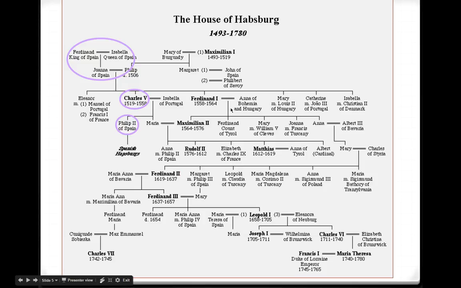And the House of Habsburg. They're everywhere, folks. Because we've got some very important players. We've got Ferdinand and Isabella, whose daughter, Catherine of Aragon, eventually makes it to England. Charles V, very important because he is Charles V and Charles I. We'll talk about why later on. Philip II of Spain ends up marrying Mary of England. Leopold, Joseph, Maria Theresa, mother of Marie Antoinette.